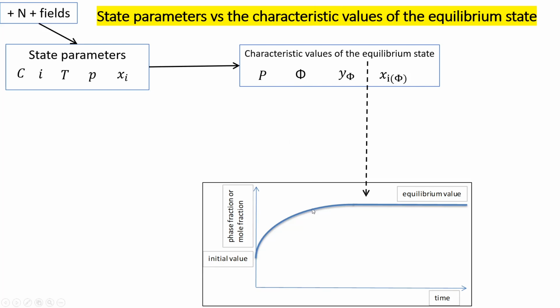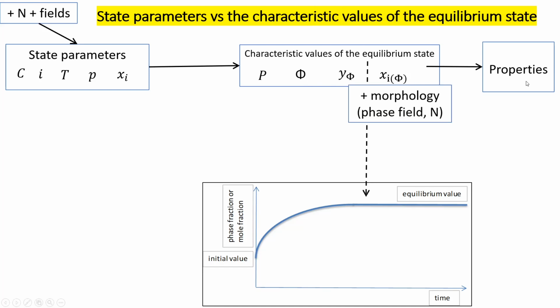So there are millions of states in between the initial state and the equilibrium state. They are all possible, but what we deal with is the calculation of the equilibrium state. Okay, now you can ask me, why is all this important? This is important because the characteristic values of the equilibrium state actually determine all the properties of the material